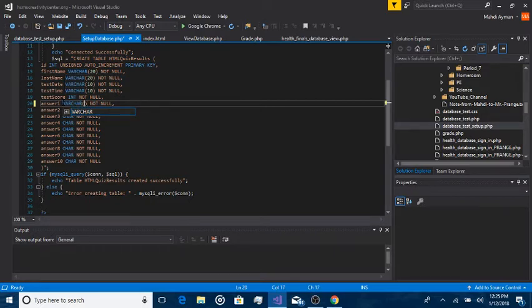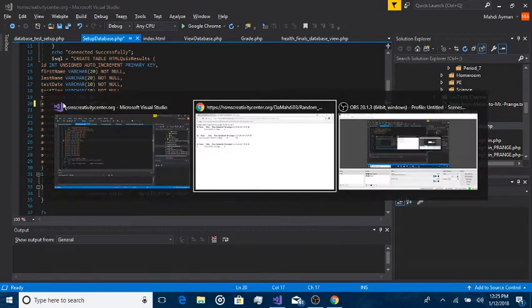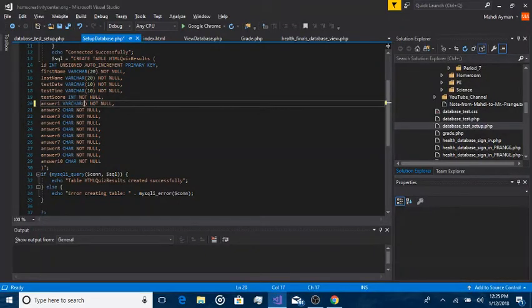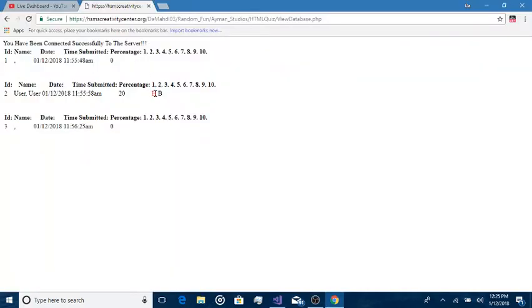Let's see how many characters it adds up to. HYPERTEXT space MARKUP. That is 17 characters. I'm gonna go ahead and put in 18. Okay, so